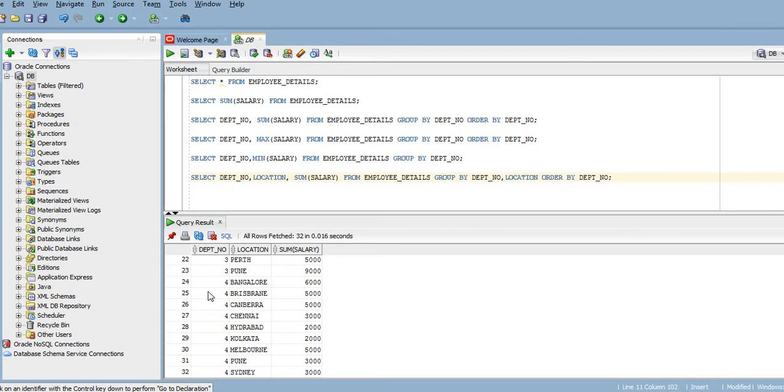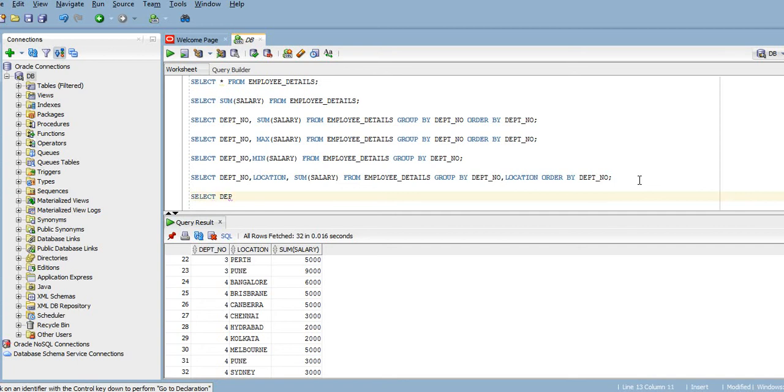So I showed you how to write a group by query properly and how to use the column while selecting and grouping up the data. Now let me show you another one. Another aggregate function is average. What if we want to get the average salary based on the department number? So what is the average salary per department? If we want to check, then what we have to do? Let me show you how to do that, and let me write the query, then you will understand that.